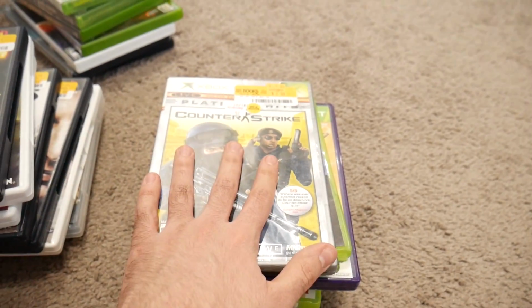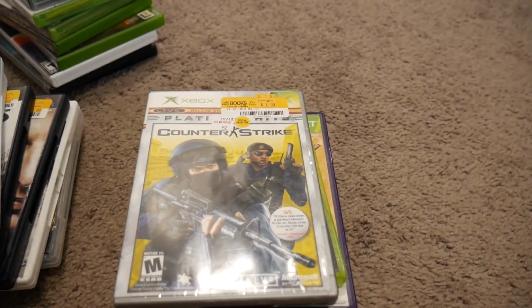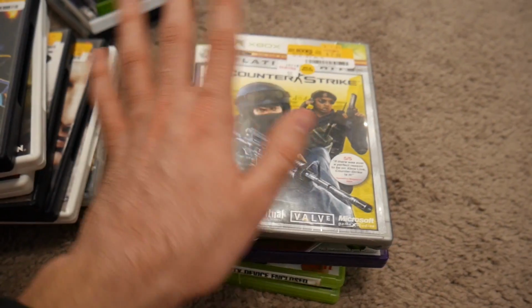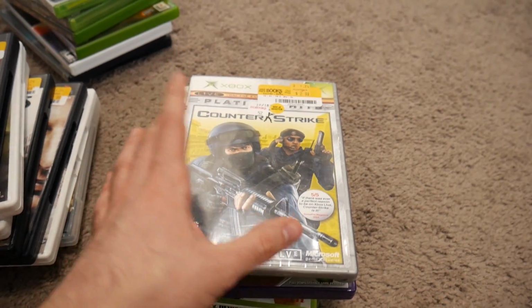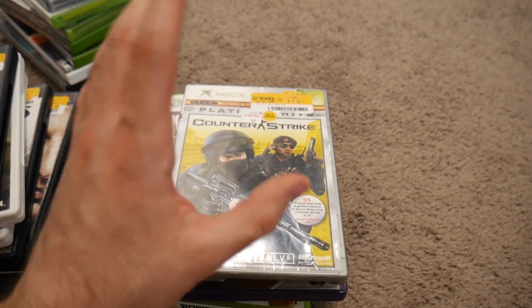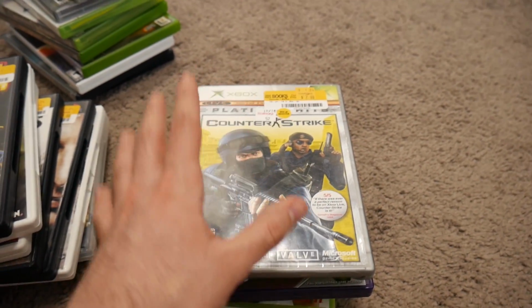So I can preserve the collection and also have everything running faster and nicer and all that fun stuff. So it works out nice enough. Anyways, what I did was I went through, I found the folder on my computer with all my Xbox games. I got all the names of everything, dumped it into a document. I have it in a Google Doc,